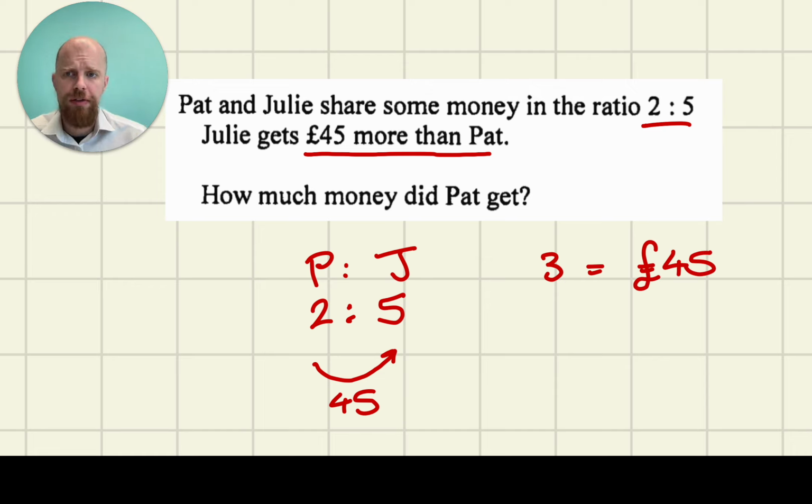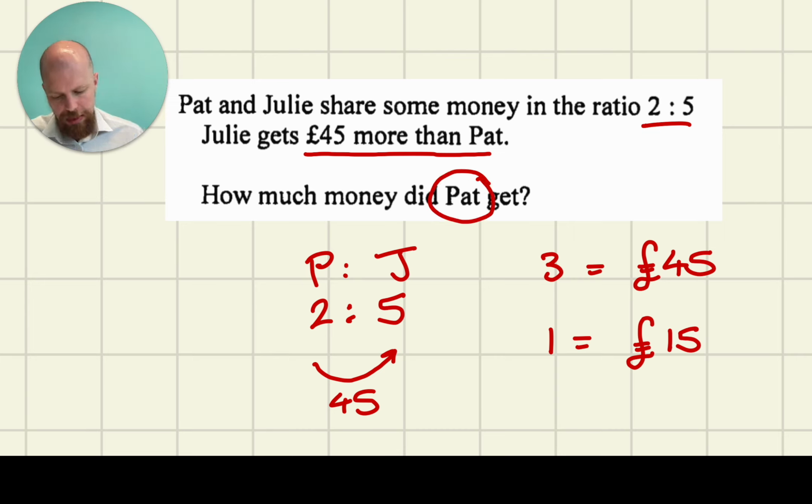If 3 shares is worth £45, you can find out what 1 share is just by dividing by 3. That gives me 15. So 1 share is worth £15, and we need to work out how much money Pat gets. Well, Pat has 2 shares in the ratio, so therefore she gets £30, because 2 times 15 is 30. If you wanted to know how much Julie made, you'd do 5 times 15, which would be 75. But for this question, just for Pat, we have 2 times 15,